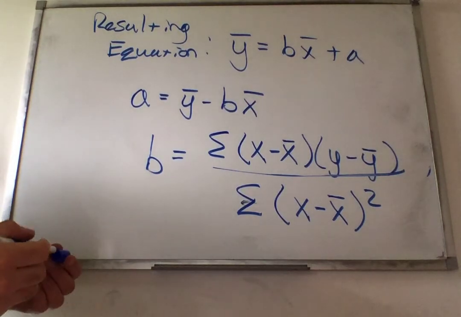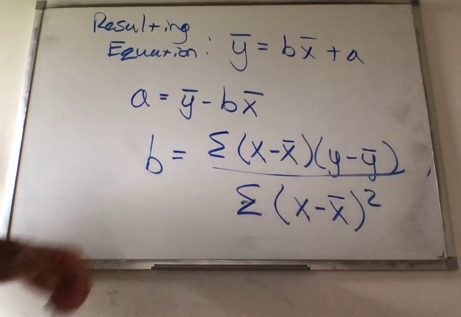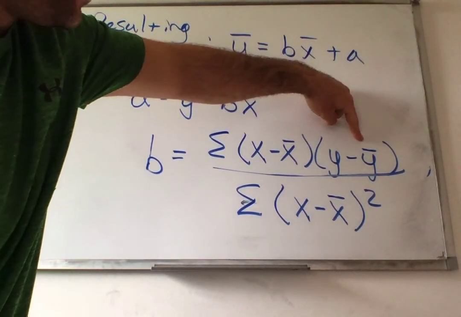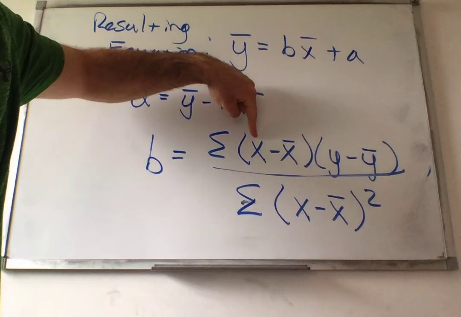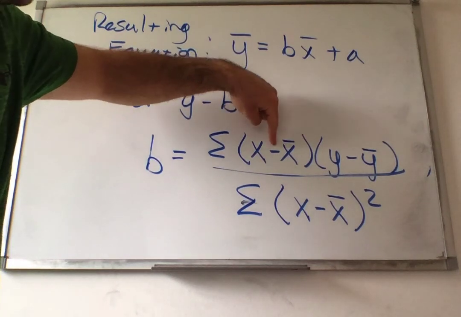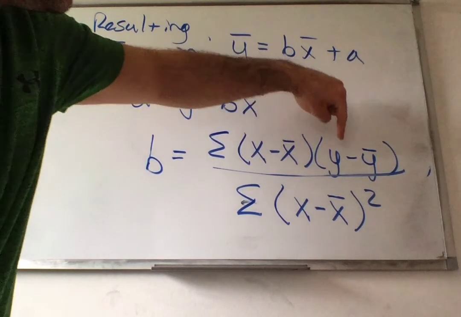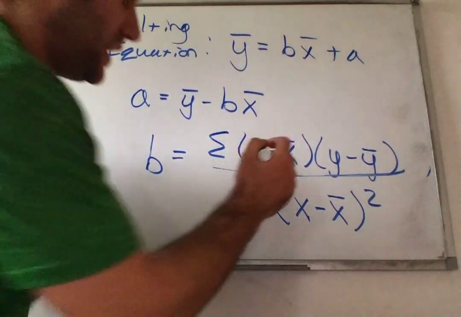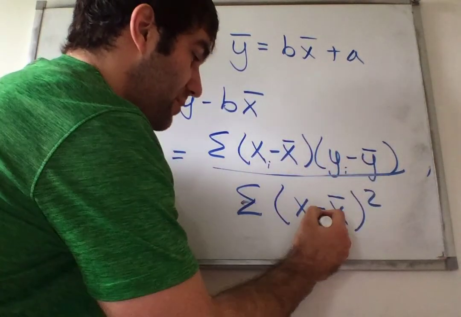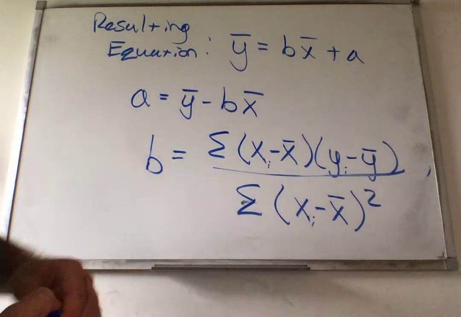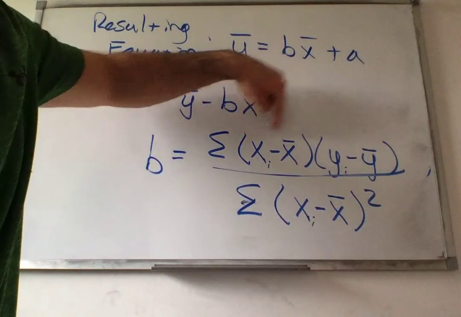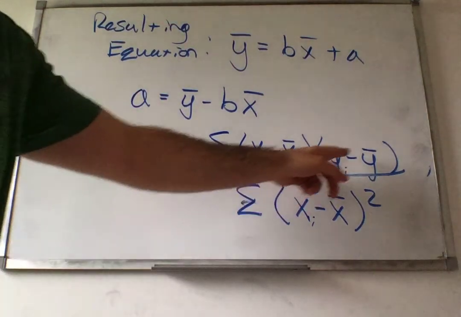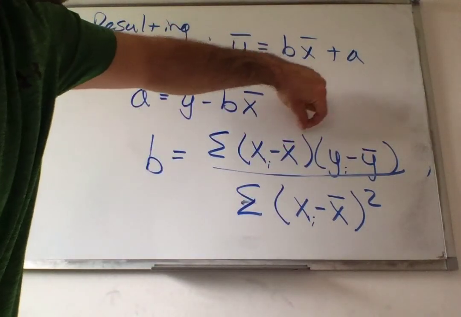So what this is saying is you find the average of the x's, you find the average of the y's, you take each x value in your data set, you subtract the mean, you take each y in your data set. I don't have it written here, but these actually should have subscripts down there. So the ith data point, so the first data point, second data point, third data point, so on, so on, so on. And you just keep subtracting the means, and then you get those numbers, you multiply them,